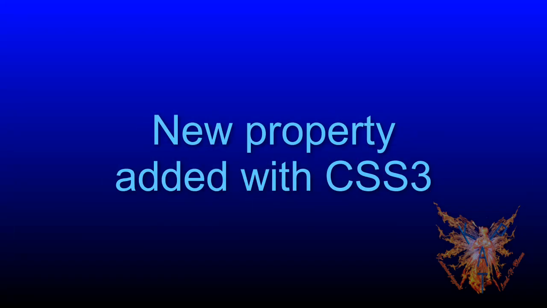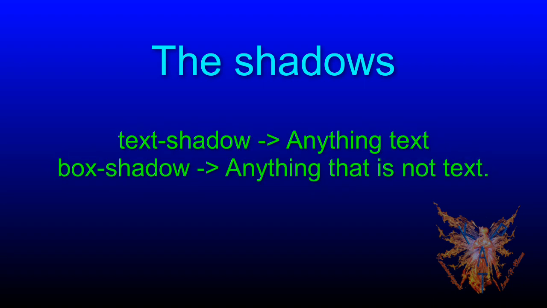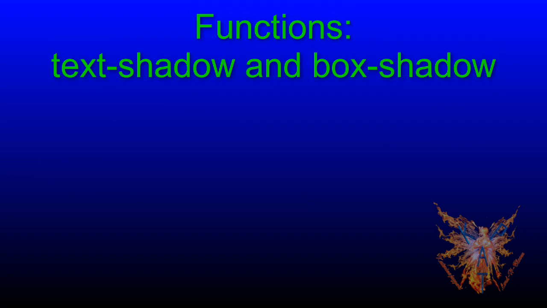Well, now let's see a property inserted only from CSS3. The shadows. Shadows can be applied to all elements. For everything text, we will use the function text shadow, and for everything else, images, frames, we will use the function box shadow. They both work exactly the same way. These 2 functions must contain 4 values, which are: